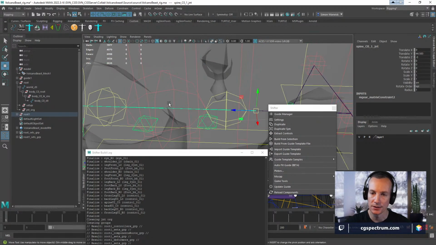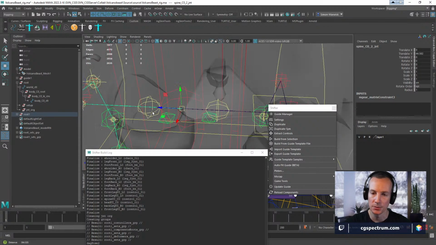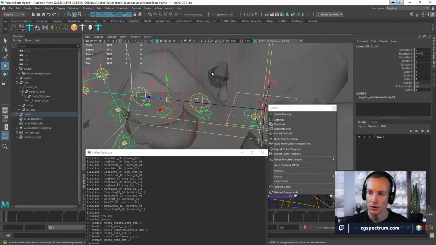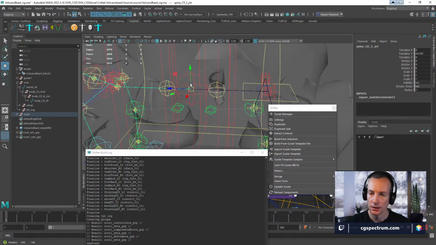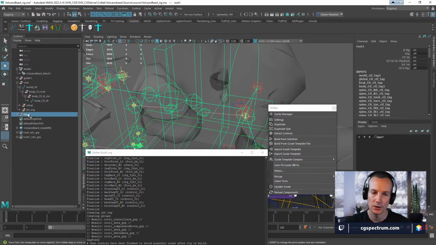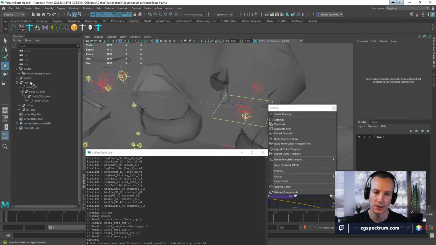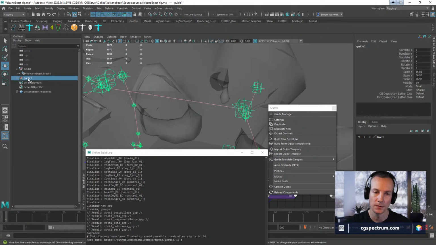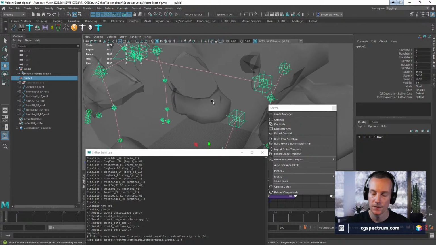Let's see if I can get this done. This is kind of an interesting example. So this is joint number, spine number 2. So if I get rid of that control rig now, I just have to remember number 2. Get rid of this one, whatever that was for. The guide 1 is where our guides are. We always have to keep that one around.